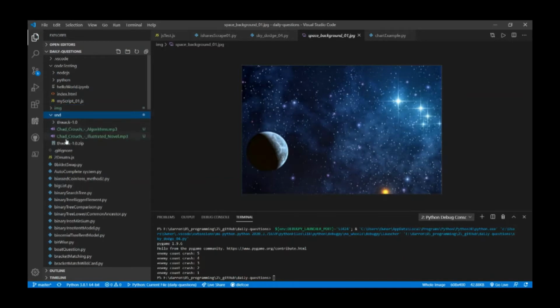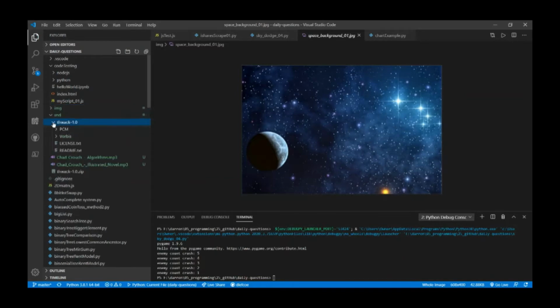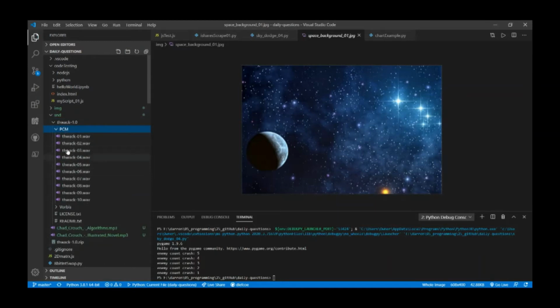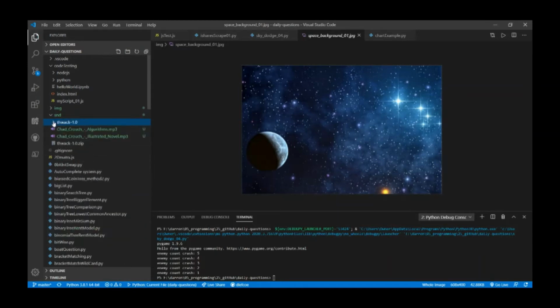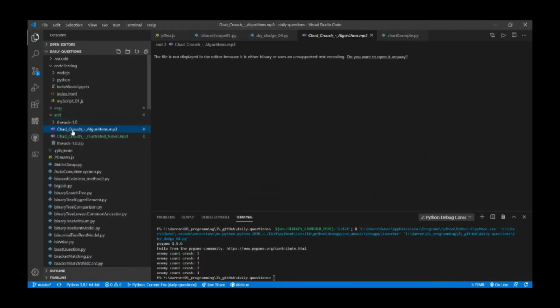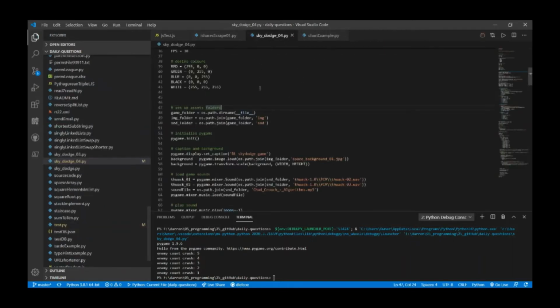On the sound front, it's the same thing. These were our thwack sounds. They were in this folder, and we navigated to it using the os.path function. Here I've just added the extra sound. It won't actually play, as it's not supported to play in Visual Studio Code, but it does play for the game. I downloaded a couple of sounds, and I believe the one that's used is the algorithms.mp3. We'll close that and go to the Sky Dodge